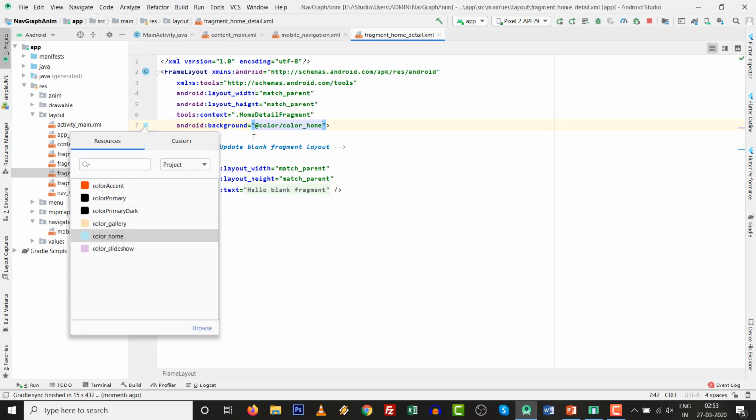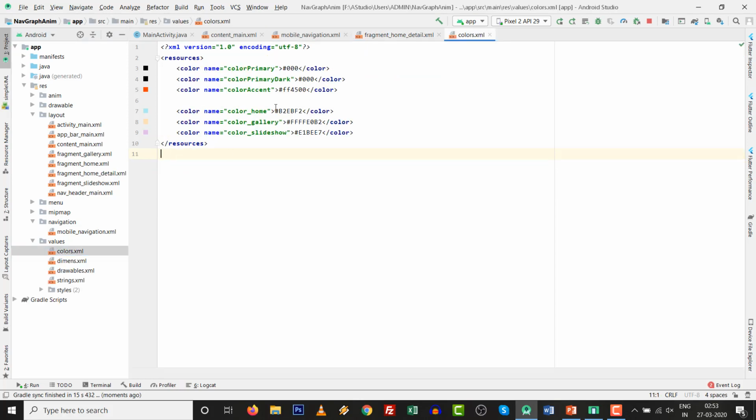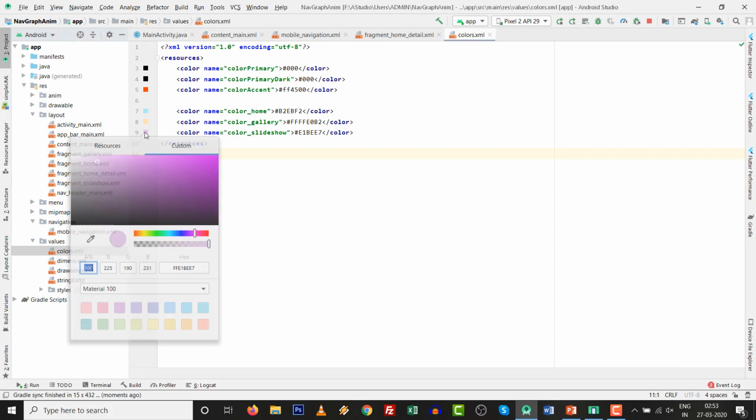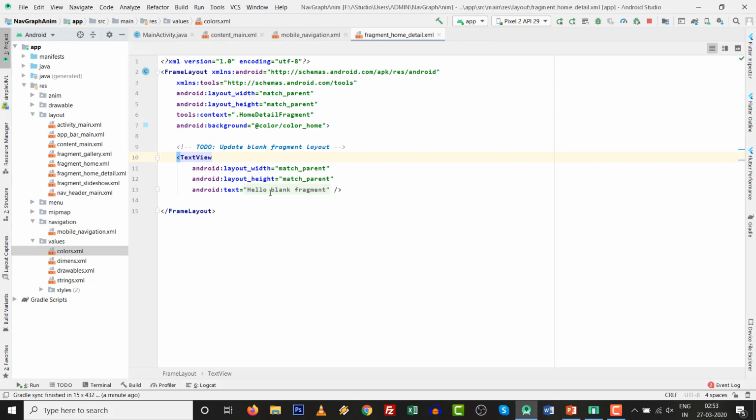If you travel to color home and custom also, you can select values color, and if you want to change, then you can change it from this one. It's a material 100 one, then you can change it. So this one is my color and this is hello fragment. I don't mind whatever the file name is here. So home detail. So I make